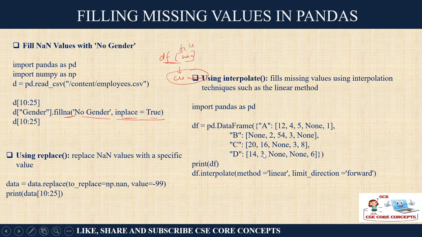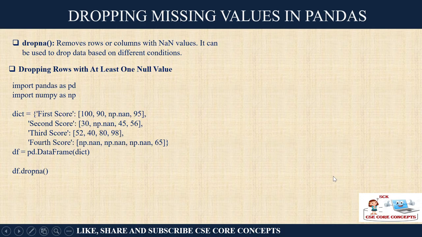You can use other functions also, using the replace function, by using data dot replace to replace the nan value with some other value, or you can use the interpolate function, which will fill the missing values with an interpolation technique, like linear interpolation. It will do some mathematical computation and replace the values. Sometimes when you simply do not want to assign, that can be done.